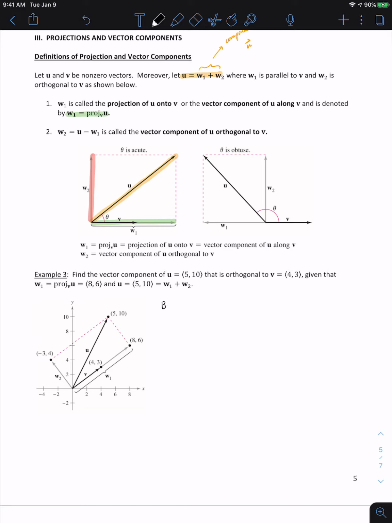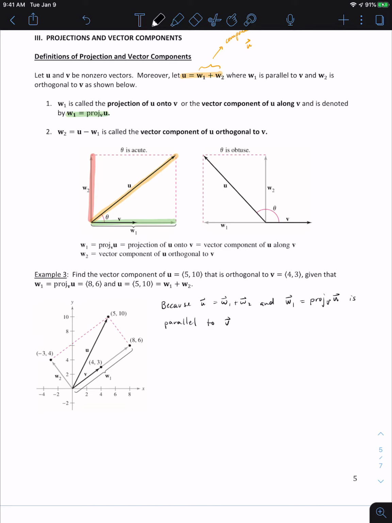So because we have that U is equal to W1 plus W2, and W1, which equals the projection of U onto V, is parallel to V. How do I know it's parallel to V? By definition, right? It's called the projection. And remember, what is the projection? That's that green one. That's the one that is on top of V, points in the same direction as V,